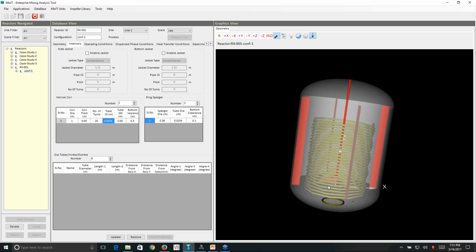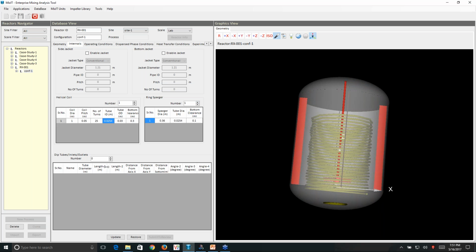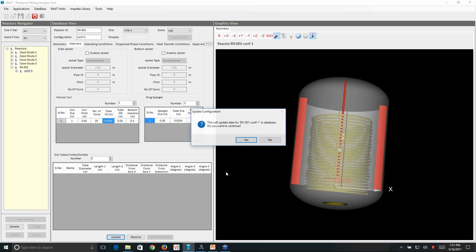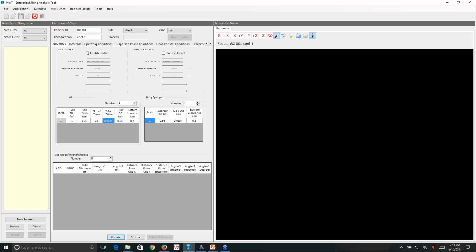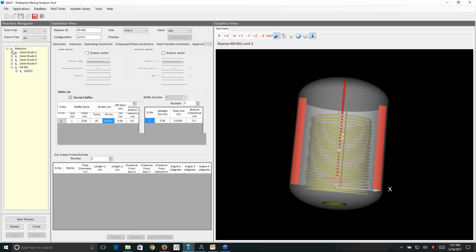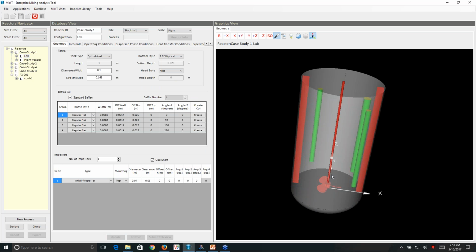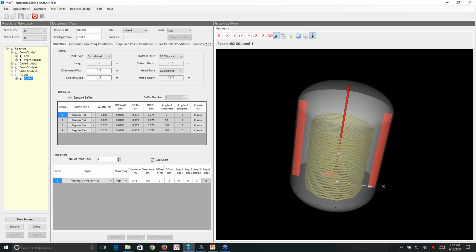Similarly, the various probes or dip pipes which are used in the vessel can also be provided. I have a quick example of that dip pipe. Here the user can provide how different dip pipes can be placed in a given vessel to represent those sampling probes or thermocouples, which act as baffles and hinder the flow pattern in the vessel. So here you can quickly provide the geometry information. This can be a built database and can be shared among multiple users using our central database utility.